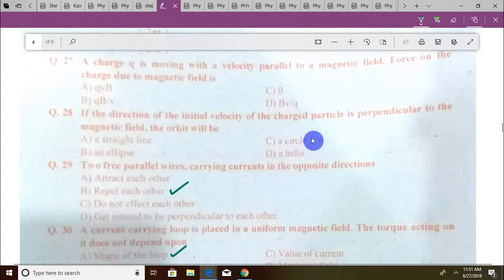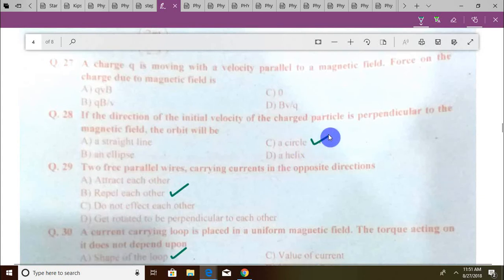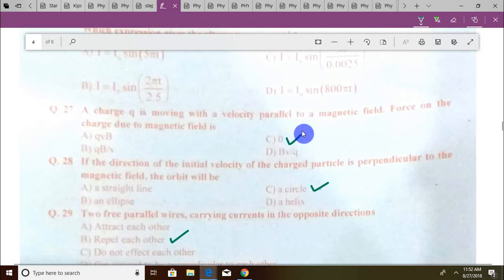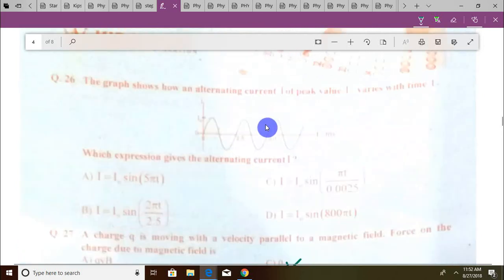Definitely circle ही हो सकता है। A charge q is moving with a velocity parallel to a magnetic field. Force on the charge due to the magnetic field is ज़ीरो होगी, बिकॉज पैरेलल में ज़ीरो होता है।